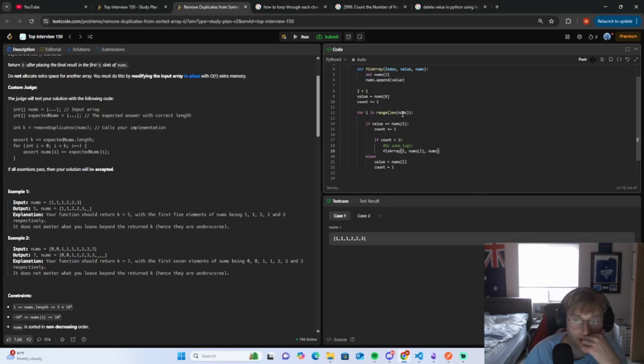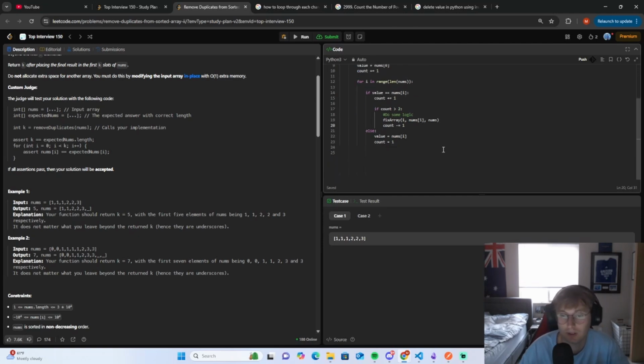Okay, so now technically what we have here, we call fix array, we pass it back, and then we make count minus equal to 1, right? Because technically we're at that value again, right? And then pretty much I think we would just return